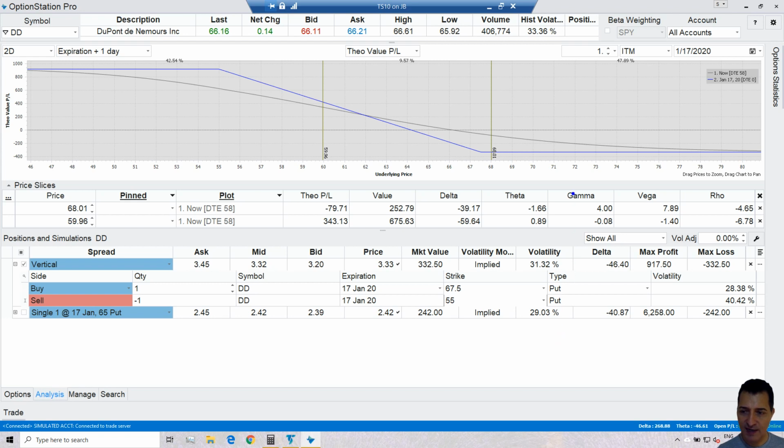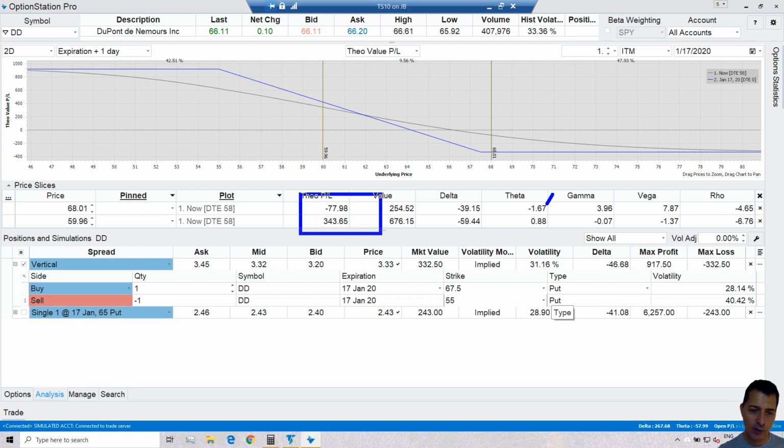Well, if I do 67 and 55, I do end up with a positive gamma and zero gamma. Okay, it's negative 008, let's call it 0. So I would take that. Okay, my delta is a little bit more. But basically it's okay. So this position would basically hurt me by having time pass by times $1.67 a day,